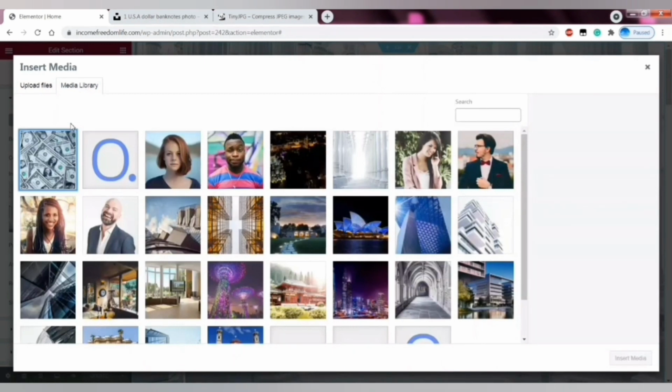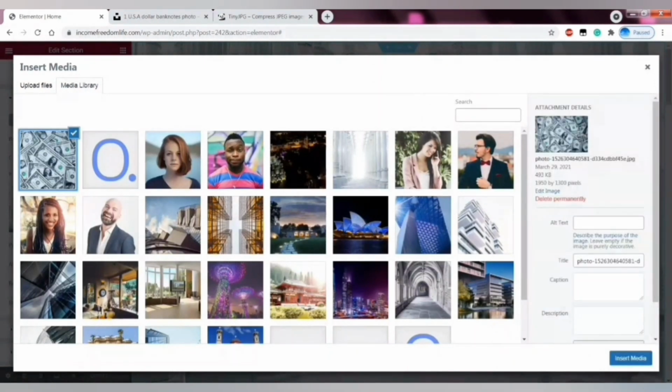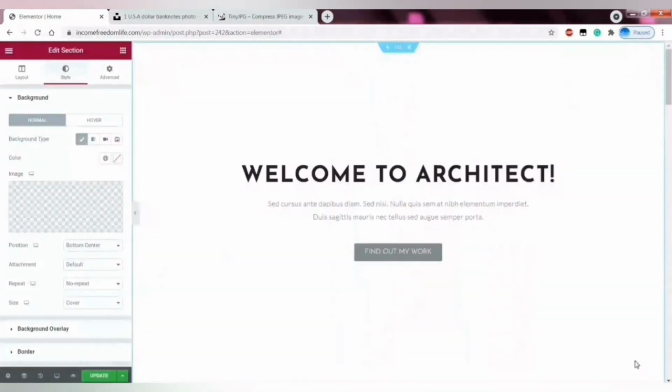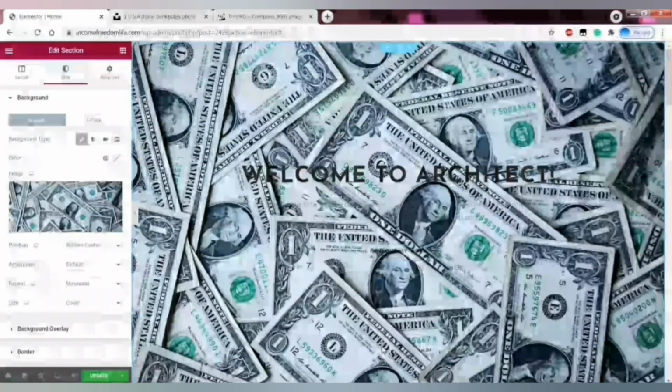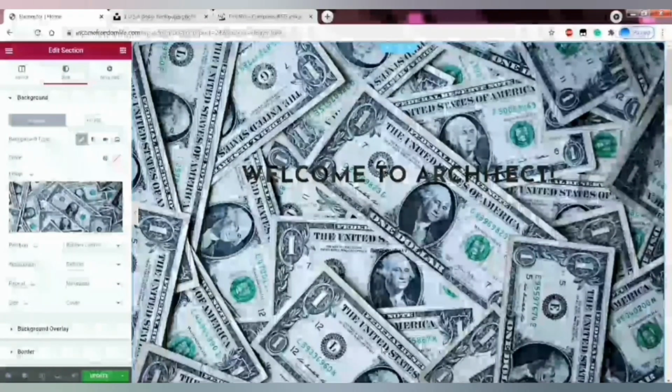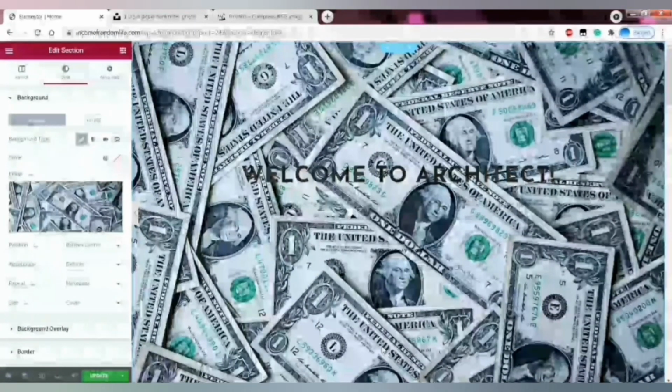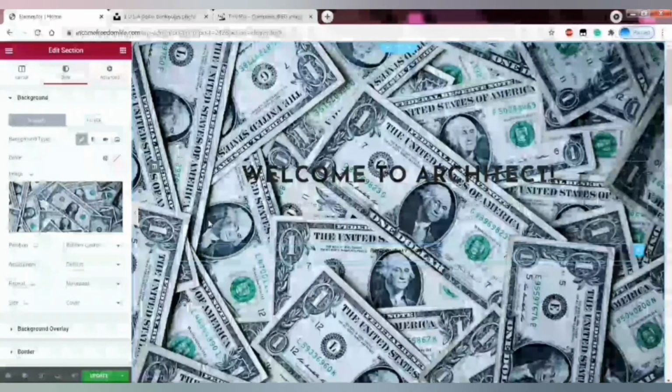We can see that it has now saved in the media library. We're going to choose it and click on insert media. Now we can see that the new photo has uploaded, but the problem is that we can't see the letters here, welcome to Architect. So to change that, we are going to go here,